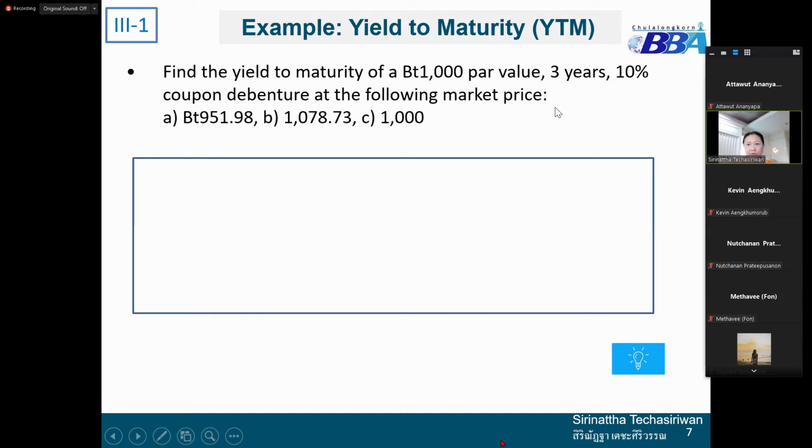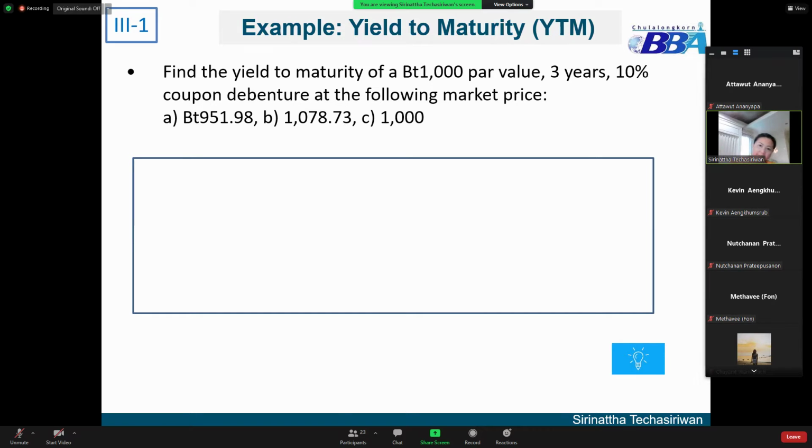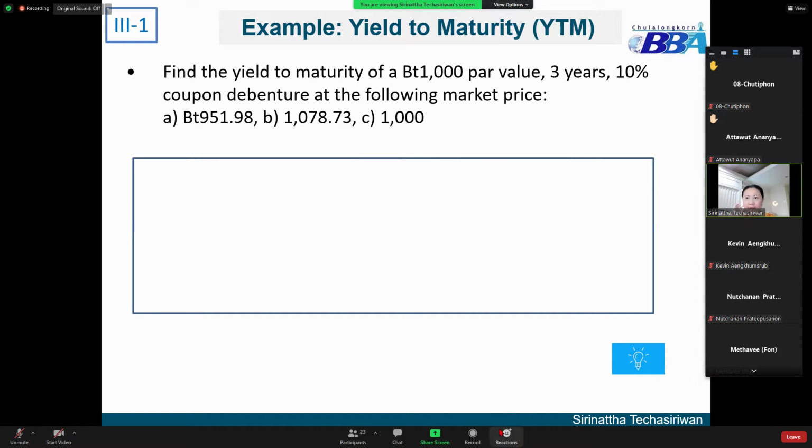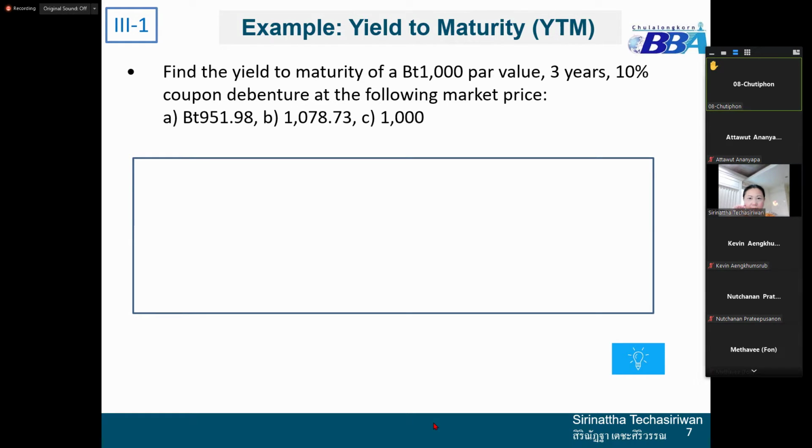Okay, so you can just answer me: at this price, will the cost of debt be higher, lower, or equal to 10%? Any student want to answer me? Okay, so the first one, I think that the yield to maturity should be lower than the 10%, because the investor would require